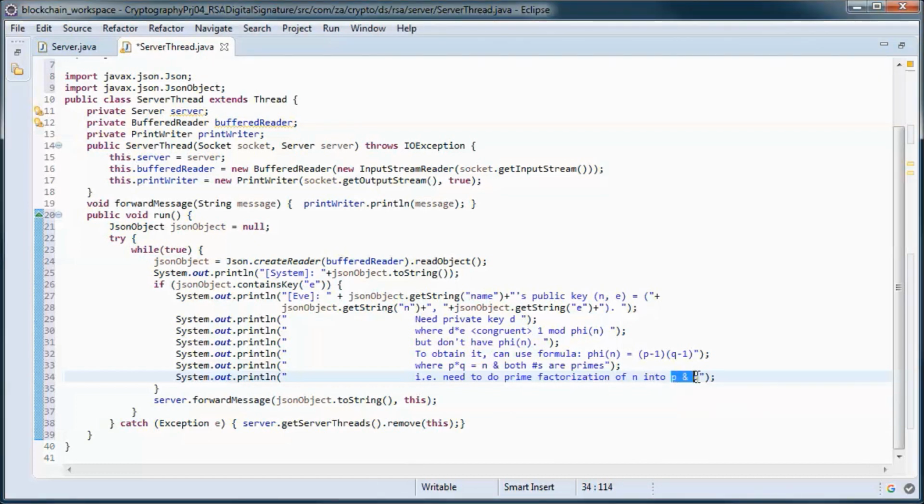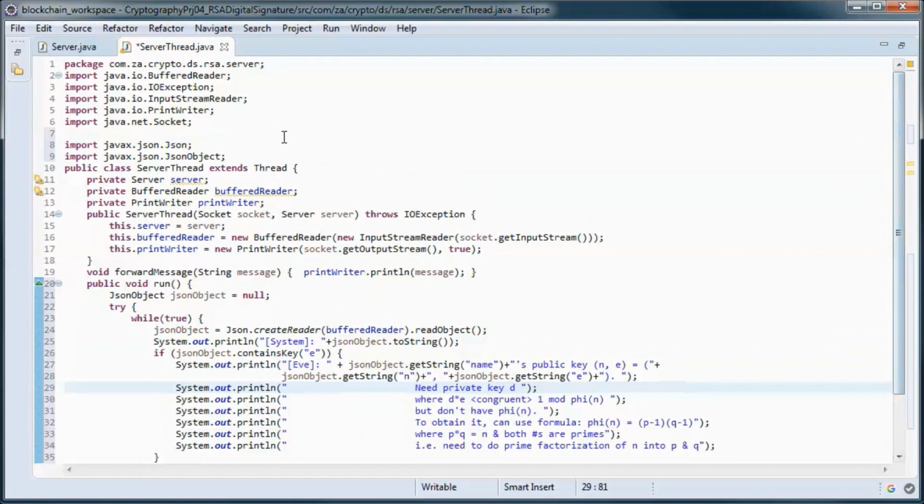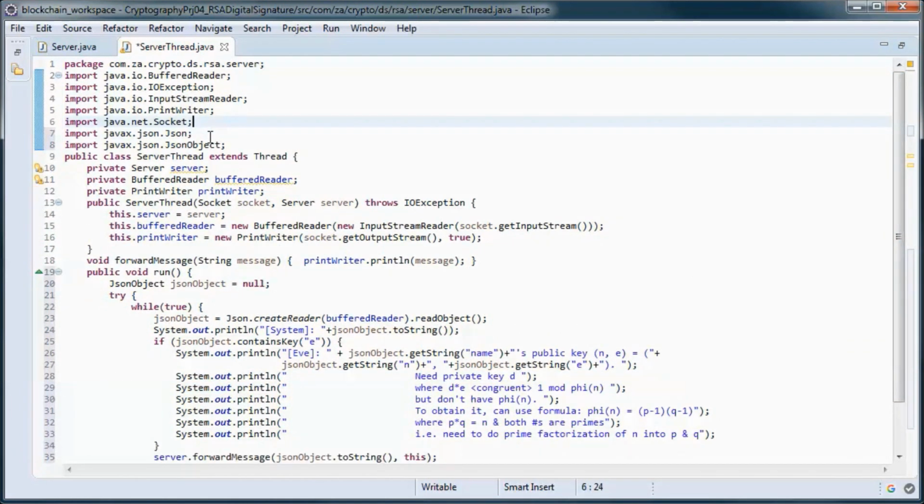So if we obtain p and q, then we can obtain phi of n, and if we obtain phi of n, then we can obtain the private key d. So this should do it on the server side.